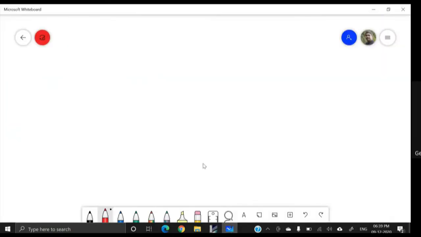Now see, let me explain the interferogram concept. So for example, this is the terrain. Okay, and here we have one sensor, radar antenna, and it is capturing this portion of the earth.